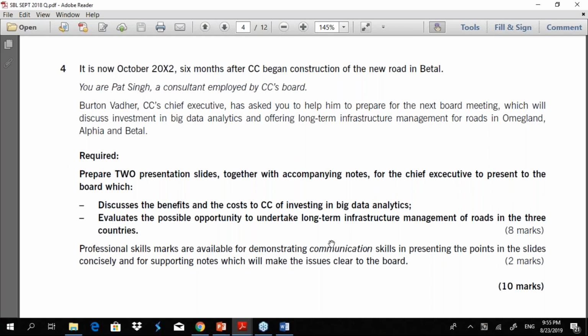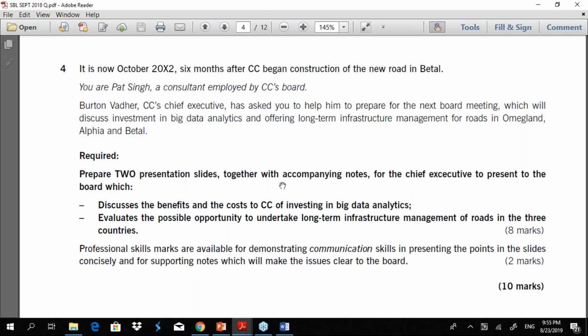So basically, opportunity to undertake long-term infrastructure management. Professional skills marks are available for demonstrating communication skills. So clear, concise communication.